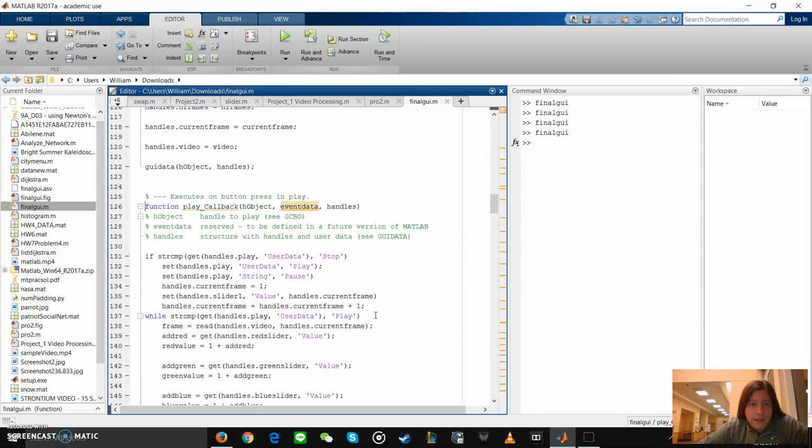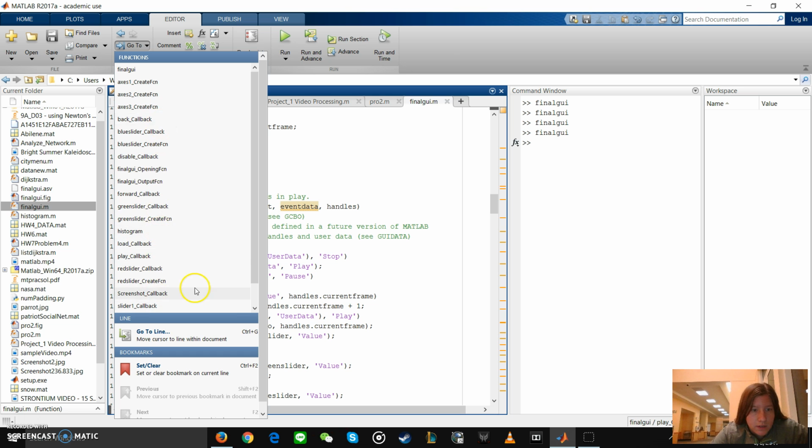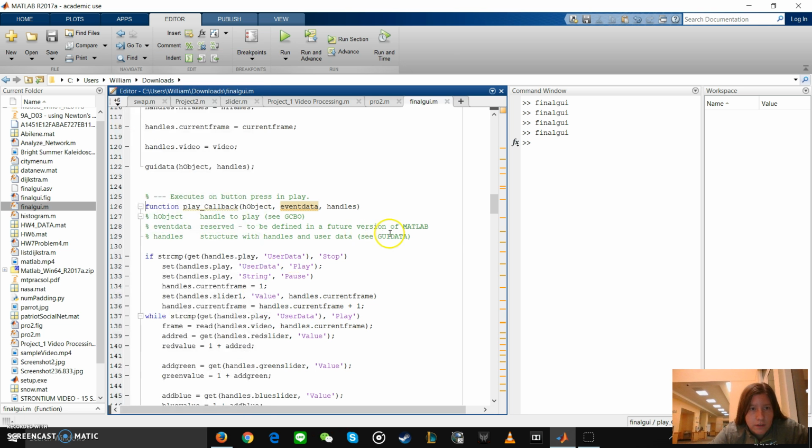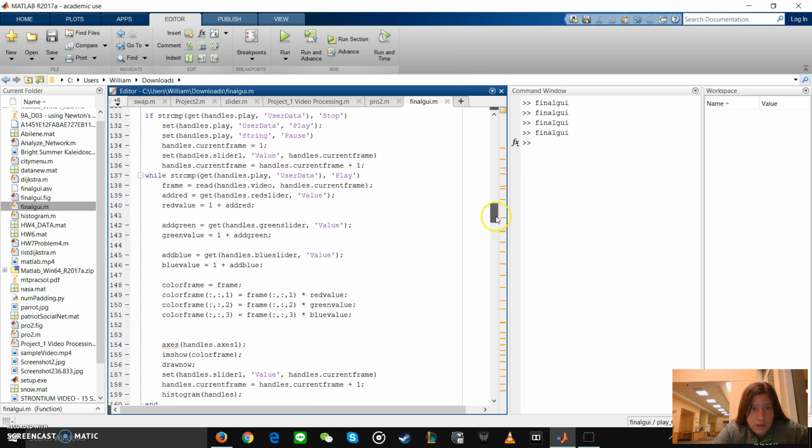Okay, so I did the play, stop, skip, step forward, and step backward buttons. To do the play button, we initialized it up here in the opening function. We initialized stop in the opening function, set the handle to play, and set the string to pause. We have current frame equals 1, so it begins at the beginning when it first opens. And then we start a while loop, which begins the